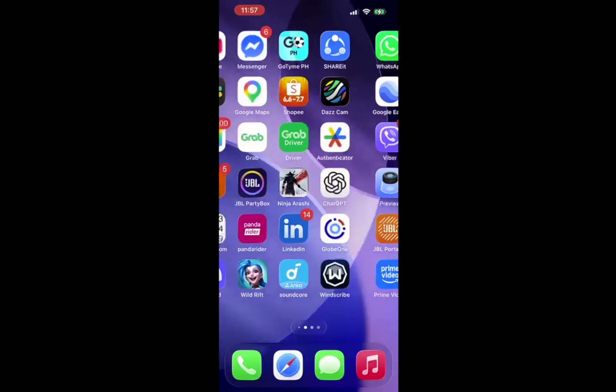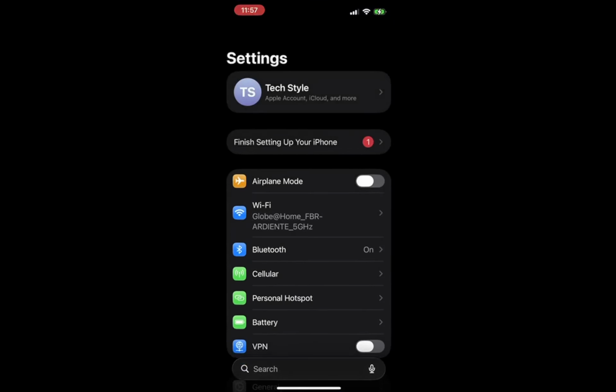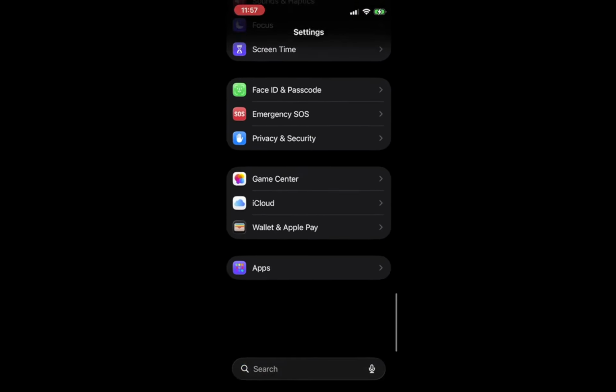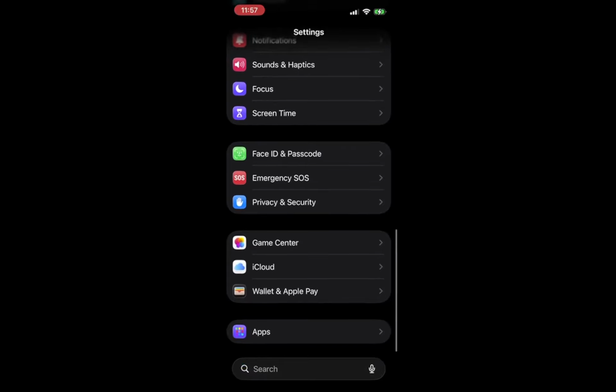The Settings app is where you can adjust various configurations for your device. You will see a gray gear icon on your home screen. Tapping this icon brings you to a list of options that control everything from your Wi-Fi to your privacy settings. This step is crucial because it allows you access to all the necessary settings for your apps, including your browser settings, which is where we will be heading next.